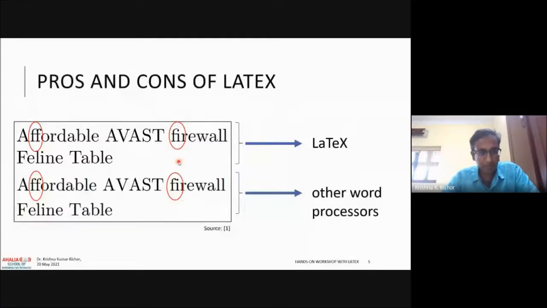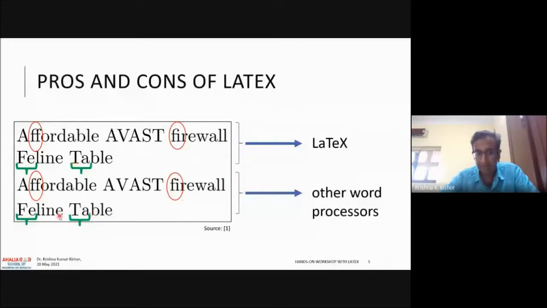There are some more ones. It's on a slightly different topic, but it is regarding the spacing between these letters. Just look at the space between F and E in feline, over here and here. Here the letters are closer to each other when you have capital F followed by E, and the same with capital T followed by A. So LaTeX is able to adjust that in a smarter way, whereas in Word that does not happen.